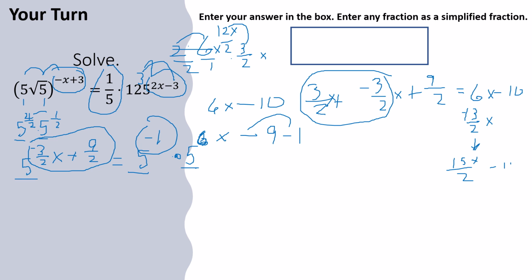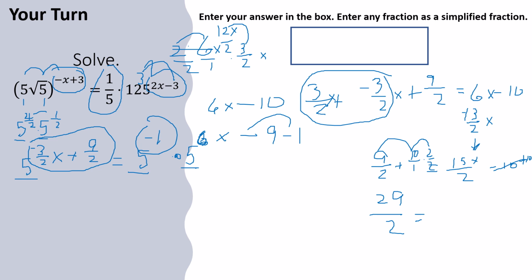Got a minus 10 over here. I'm going to go ahead and add that to both sides. So you've got 9/2 over here plus 10 over 1. Again, keep that improper. Find a common denominator. It's 2. 2 times 10 is 20, plus 9 is 29/2. So 29/2 on the left